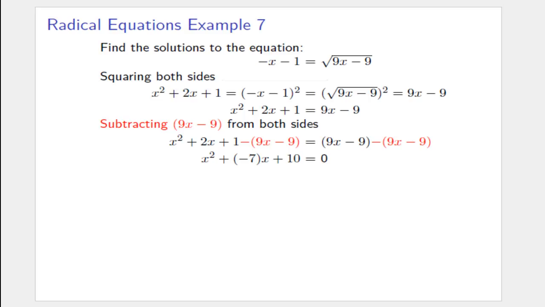Now that we have this quadratic with 0 on one side, we can solve it either by factoring or using the quadratic formula. Whichever way you'd like to see this done out, you can click the purple link now. Whether we factor or use the quadratic formula, we get that the solutions to this equation are 2 and